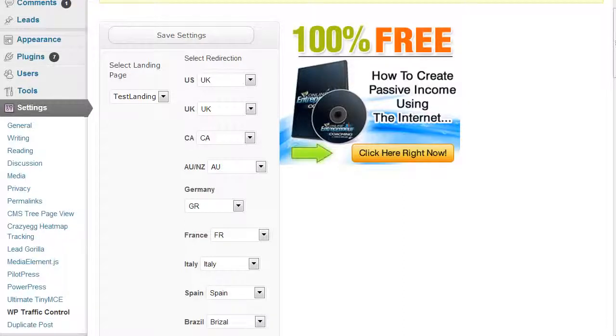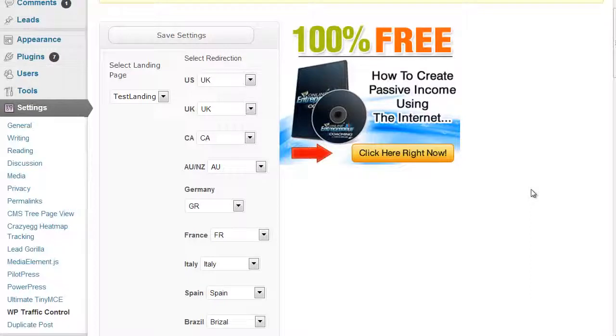Now, I want to show you a very cool little plugin that we had created. It was based on some original PHP scripts I had that were very nasty, complicated, and not necessarily user-friendly. And I decided we needed to make this into a user-friendly WordPress plugin because, well, everybody in the world uses WordPress, and it's simple and easy.